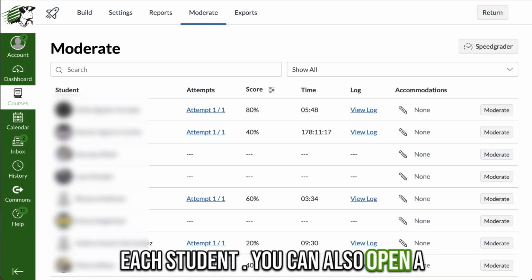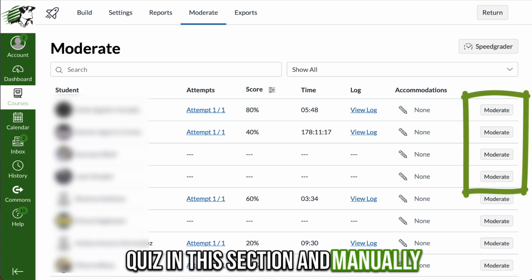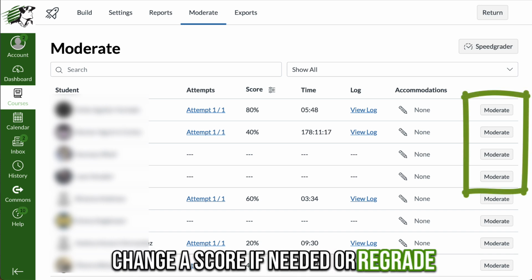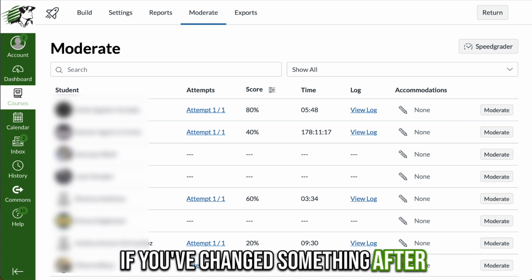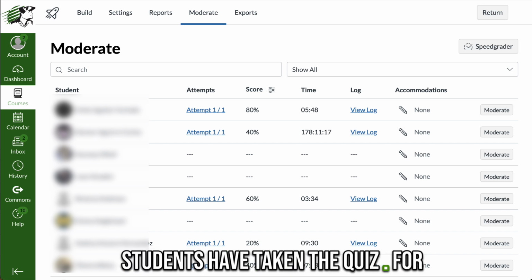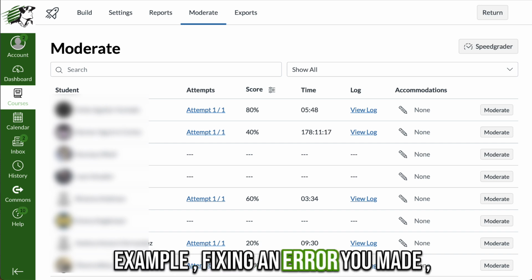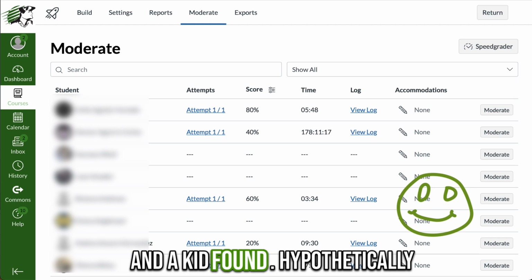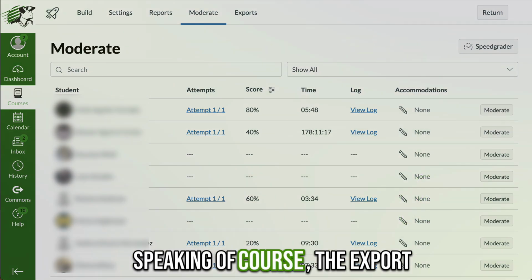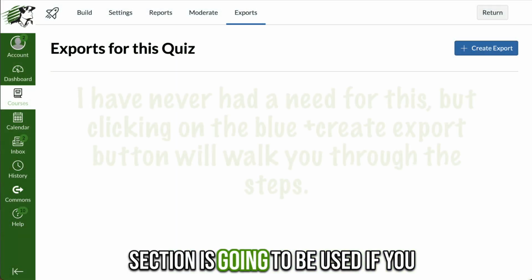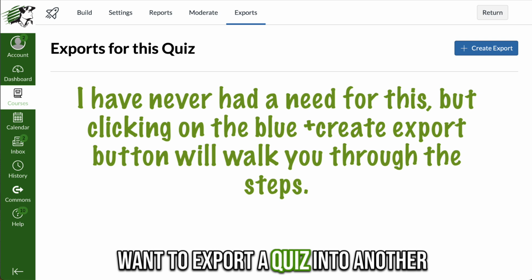You can also open a quiz in this section and manually change a score if needed or regrade if you've changed something after students have taken the quiz. For example, fixing an error you made and a kid found. Hypothetically speaking, of course, the Export section is going to be used if you want to export a quiz into